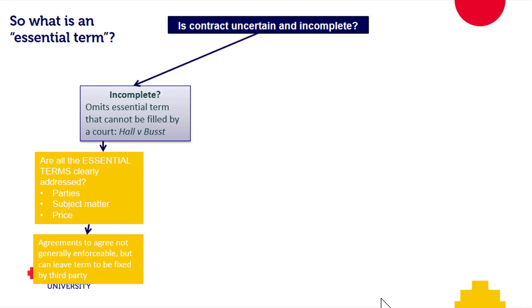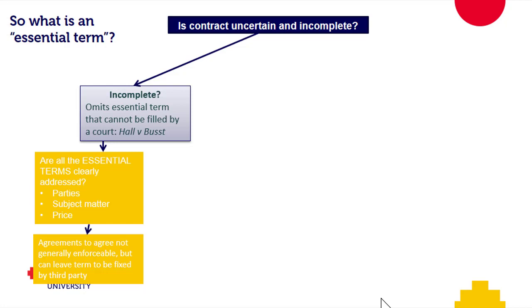Okay, so an agreement with all of those things, to agree something in the future makes no sense to us anymore. Okay, I know it made lots of sense to us ages ago. Now think about it in social context, how we do that all the time. We say, oh look, we'll get together on Saturday night and we'll agree where we go then. Socially that makes sense. I know agreements to agree make so much sense to our clients all the time. It's just like, oh, we don't know what all the factors will be in the future. So once we know what we're fighting about, we'll agree how to resolve it down the track.